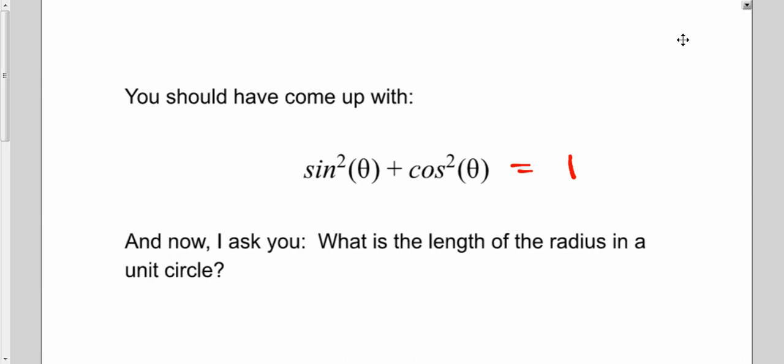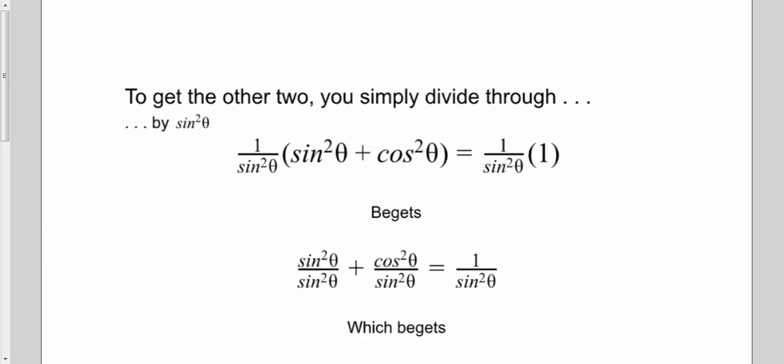But there are 2 other Pythagorean identities. There are actually 3 total. So, to find the other 2, I just divide the first equation, sine squared plus cosine squared